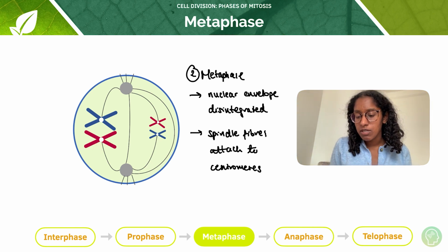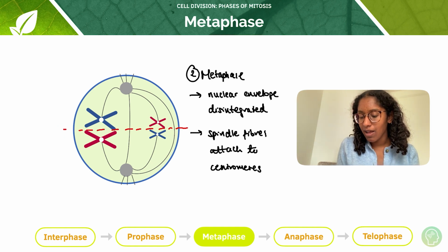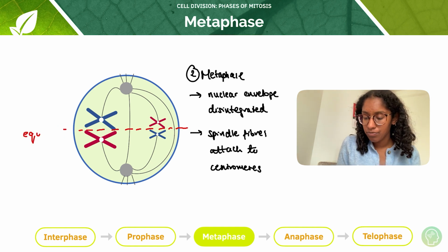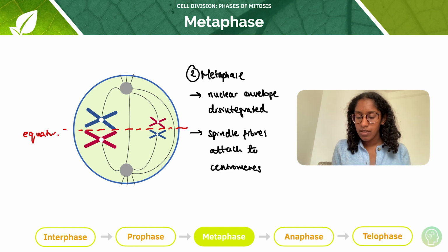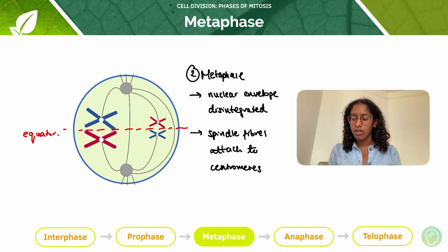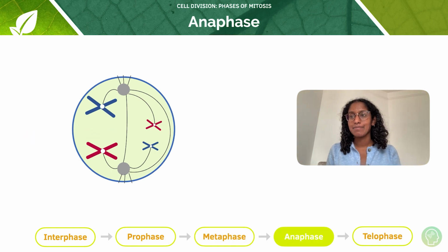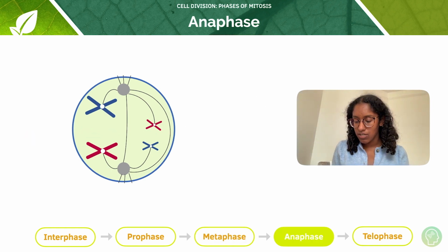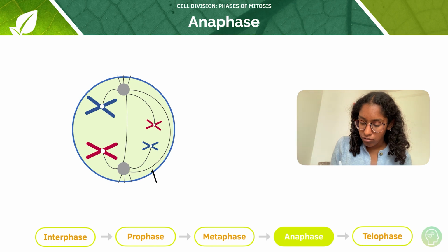And the chromosomes have lined up in the middle of the cell, which we actually refer to as the equator of the cell. And then what happens is those spindle fibres contract and pull the chromosomes, lining them up at the metaphase plate. So you can see those spindle fibres contracting